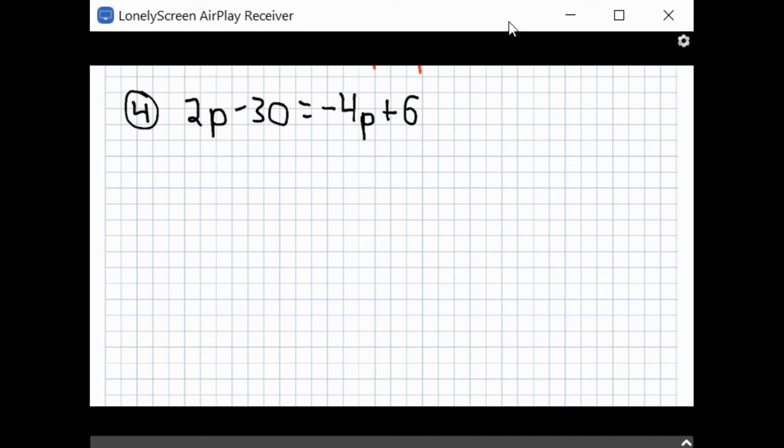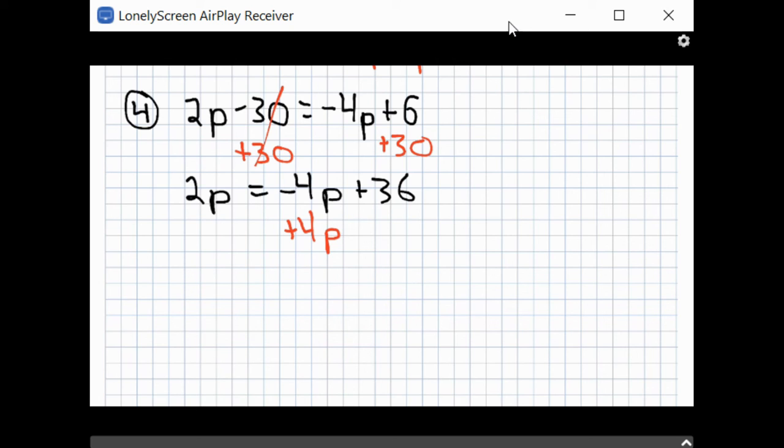Okay, so first off, let's see. I'm going to start by adding the 30 to both sides, because that's going to cancel that. We want to get the p's alone. So that cancels out, and we get 2p. You're going to want to be real neat with this so you can clearly see each line. Negative 4p plus 36. Okay, so next we're going to add this negative 4p, because if I subtract it,